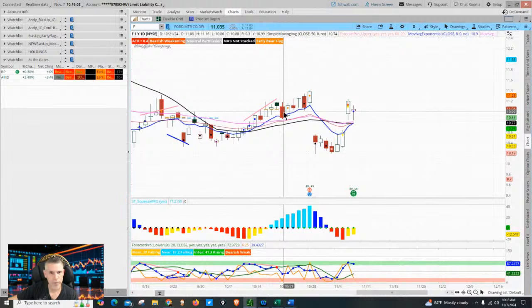Y'all come in this room every single day. There's not one of you can say, I don't do the same thing every day. That's how you get good. You're very consistent. Same with my day trading. I don't do anything different. That's why I win. It's the same with this. You want to be a consistently profitable trader. Have yourself a clean set of rules and discipline yourself every day to follow them.